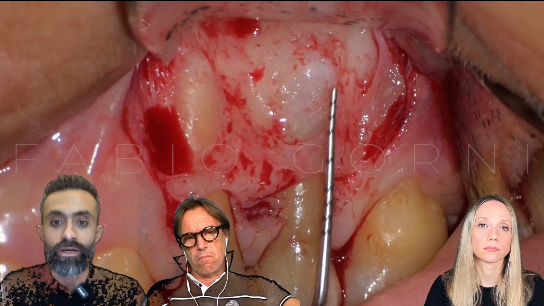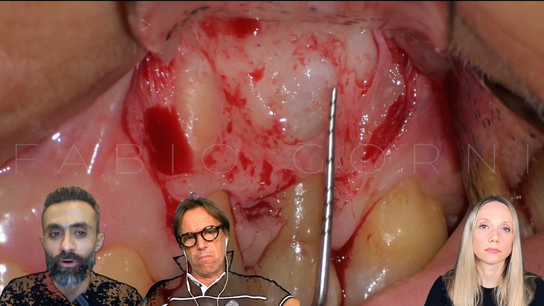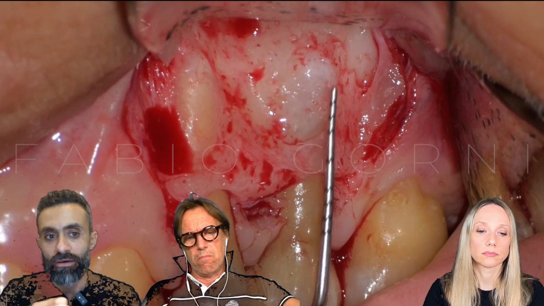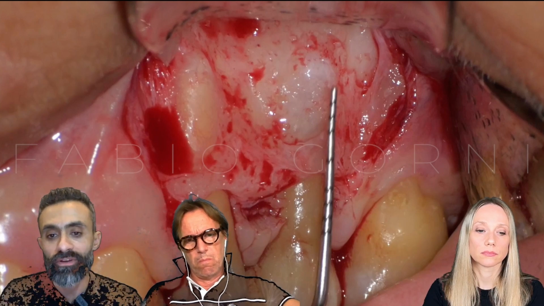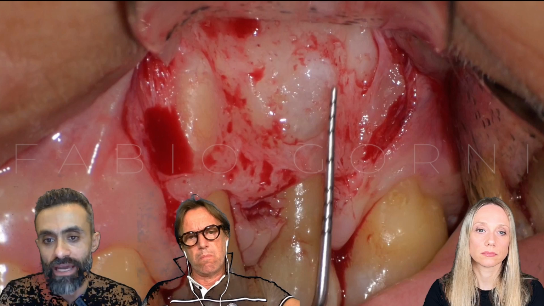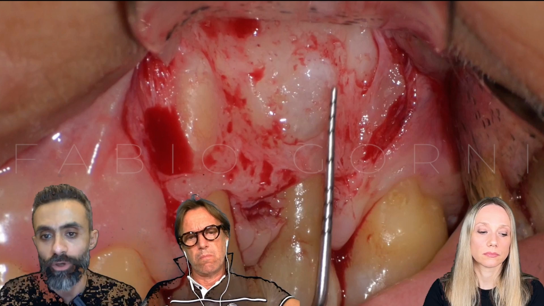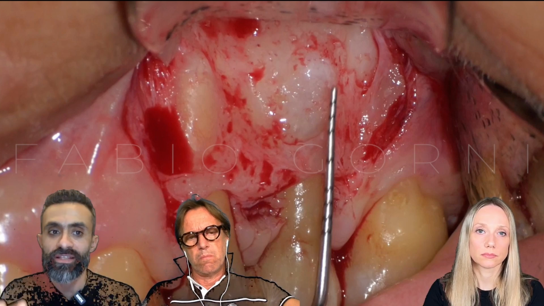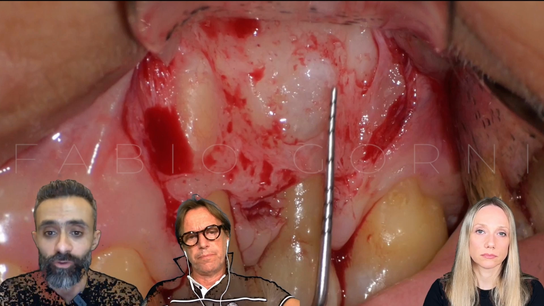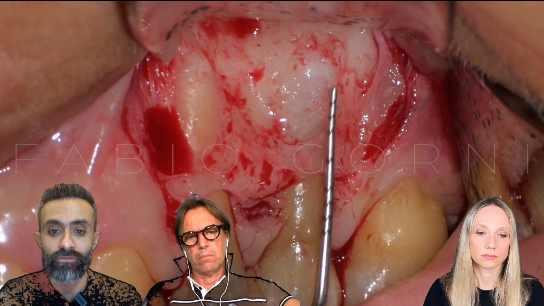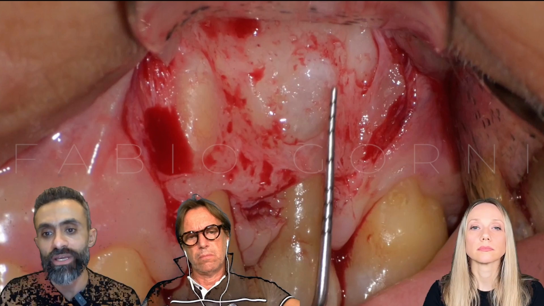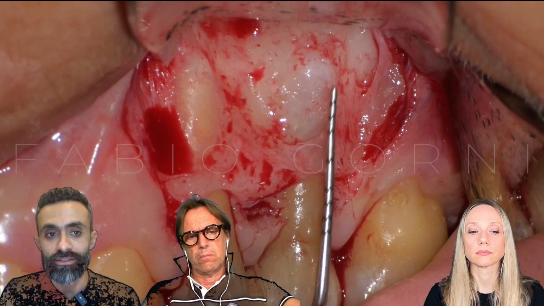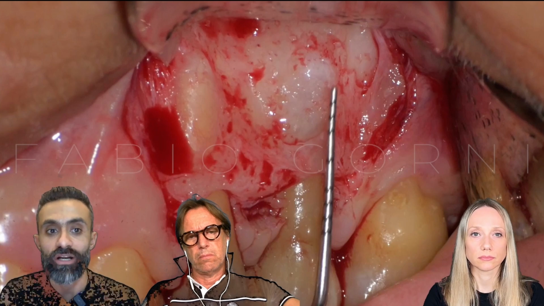That's great. Apart from this case, because this is a maxillary tooth, when we reflect the flap in the mandibular premolar area, there is a specific area that creates a lot of panic to us, which is the mental foramen and the neurovascular bundle. So, what measures can you advise to protect it during flap elevation and retraction, the mental foramen?